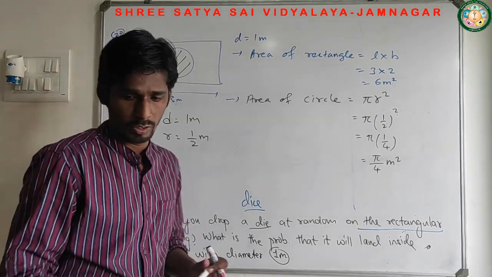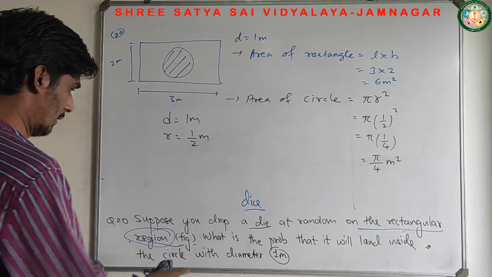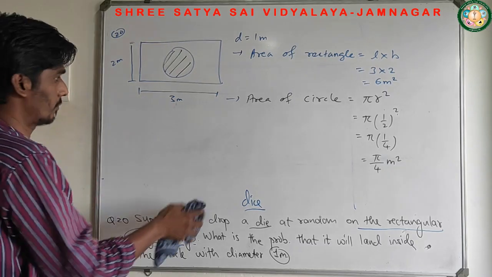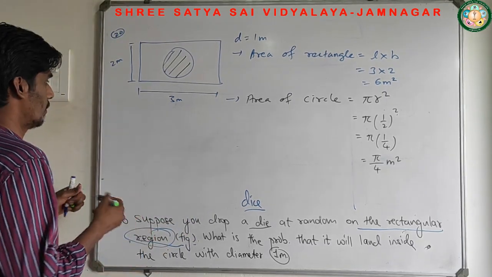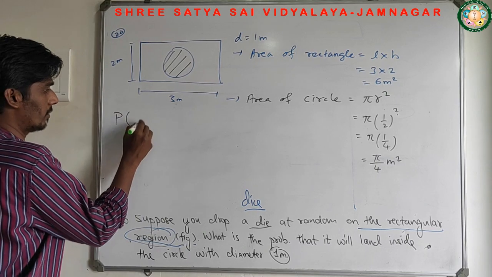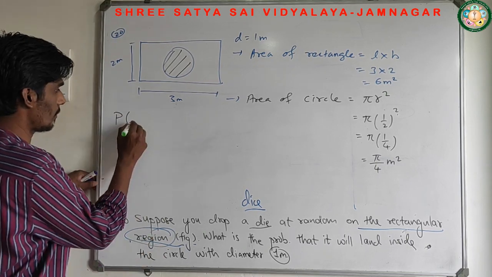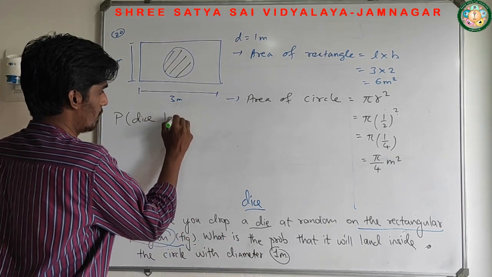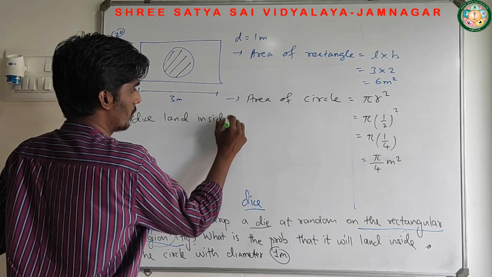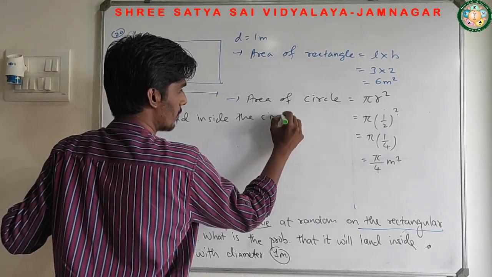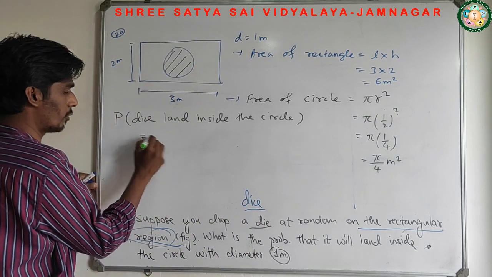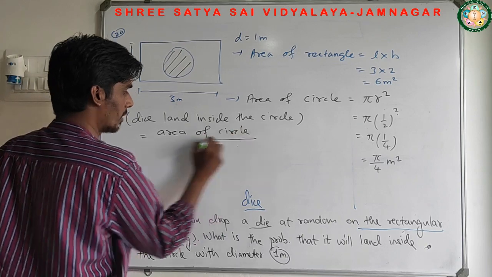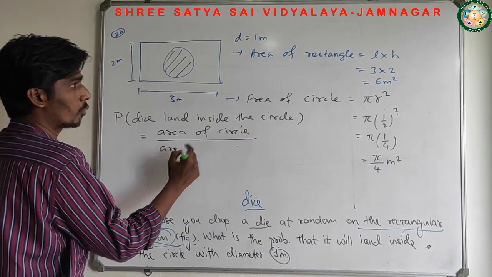Now let's go to the question. I have to find the probability that the dice will land inside the circle. Probability that dice lands inside the circle equals favorable outcome, which is the area of circle, and total outcome, which is the area of